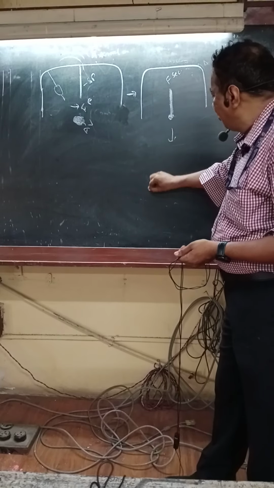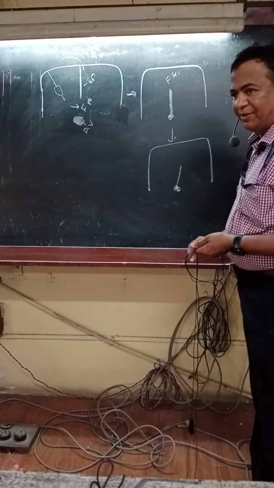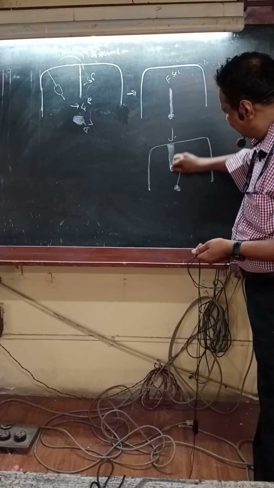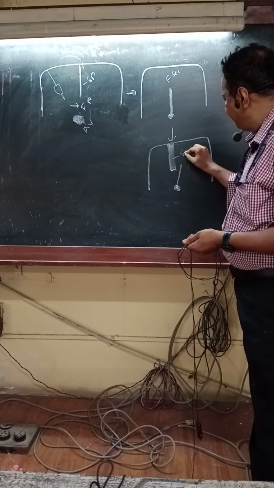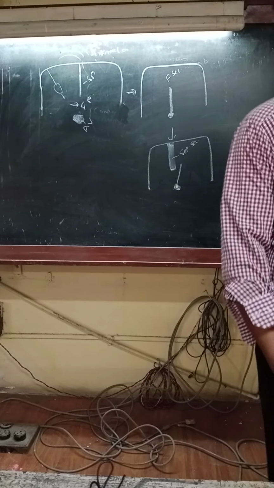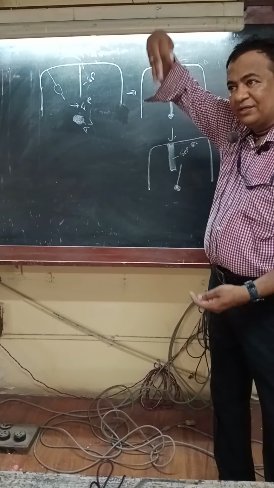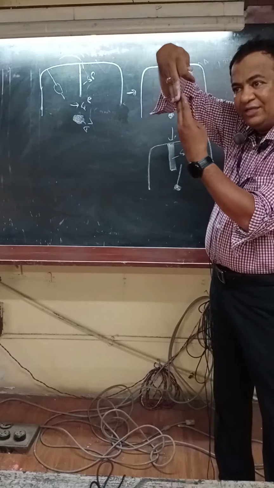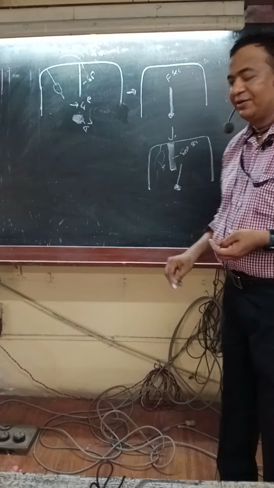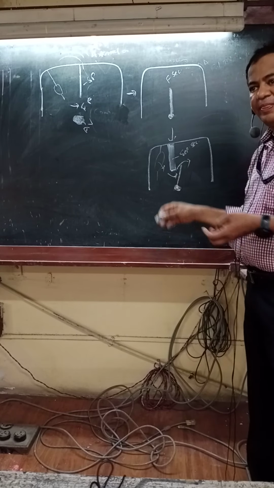Next step, you have to draw it like this only. AV cushion, septum primum, and another septum develops. I have drawn it thick. Septum secundum. Now imagine a thick secundum and a thin primum. So blood will be coming from here into the heart. It will be pushing the primum and going to the left side.